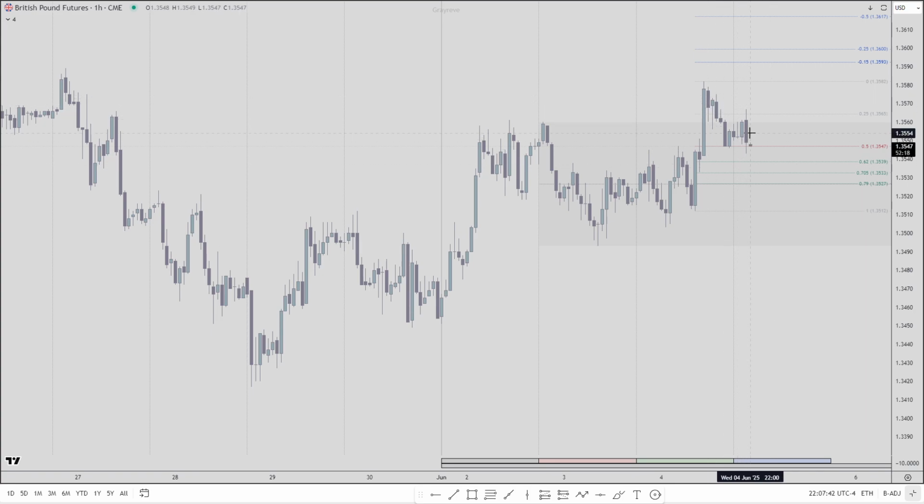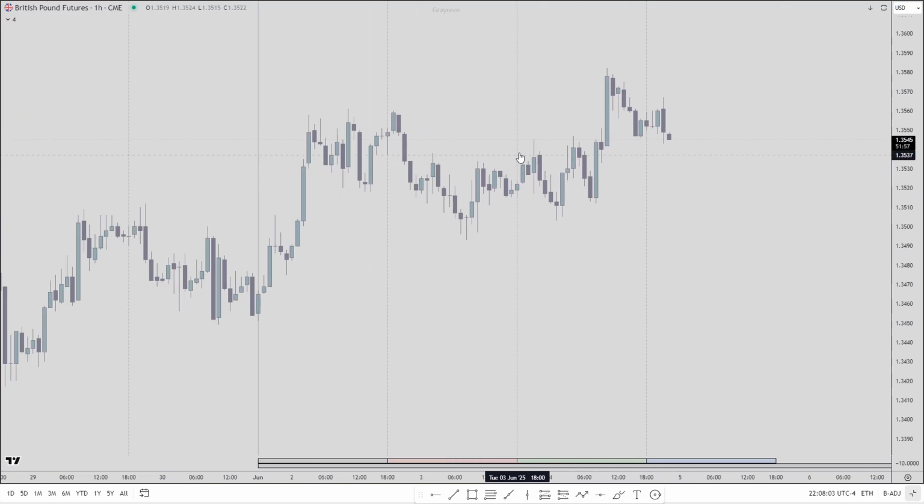So once we have the change in the state of delivery on the 1 hour time frame, then we would drop down into the 5 minutes time frame, to look for the change in the state of the delivery once the hourly PD array is met. So over here, let me just show you an example from yesterday. All right, so